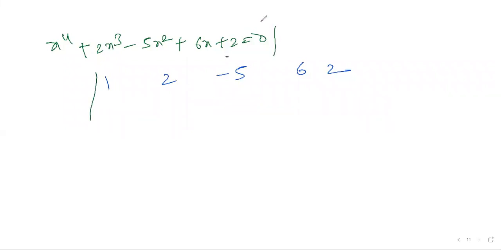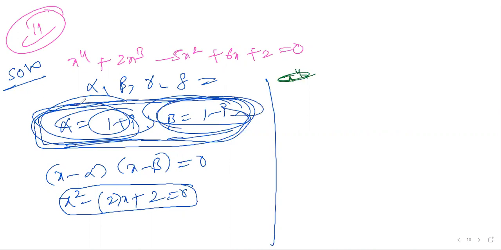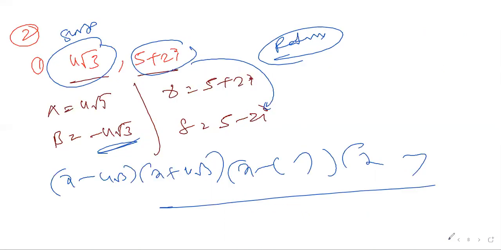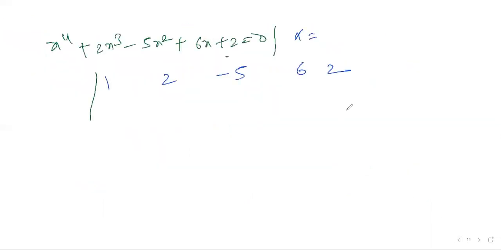They have already mentioned one root. One root is alpha, which is equal to 1 plus i. Similarly, we got beta equal to 1 minus i. When they mention two roots alpha and beta, it means one is a complex root, so the other is the complex conjugate of that root. When they mention complex numbers, we cannot proceed as in the previous methods. In the previous cases we did many questions like this, but when they mention a complex root, we cannot move like that. We have an alternate procedure when the complex root is there.